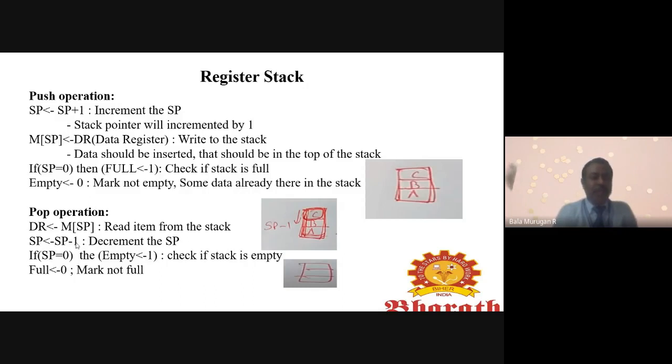If SP equals 0, then empty is 1; check if the stack is empty or not. And 0 means mark not full, so it is not full. That is about the pop operation.